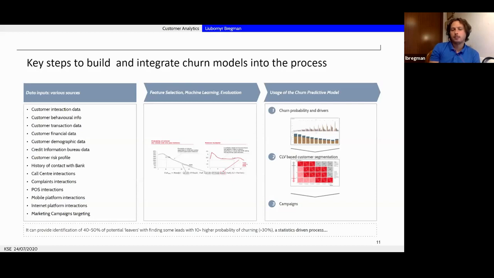But at the same time it's always a balance between accuracy and complexity, or easiness to follow. And also, obviously, a lot of machine learning methods which are possible to apply to predict something are not good enough to understand the drivers and the contributors of the churn.